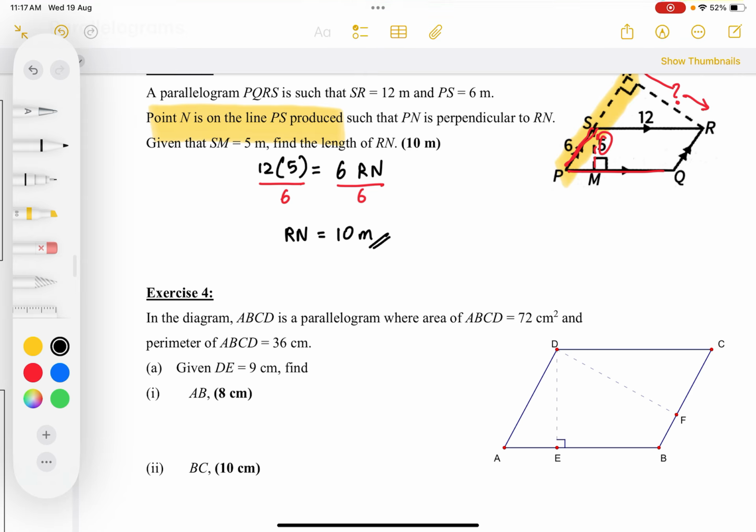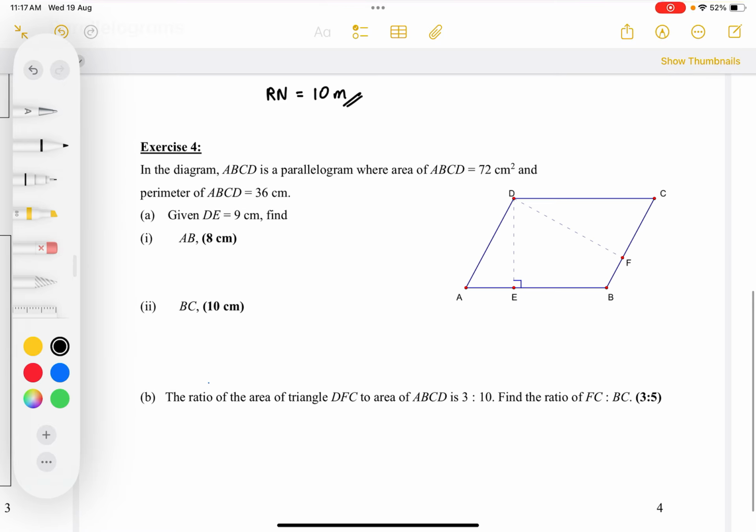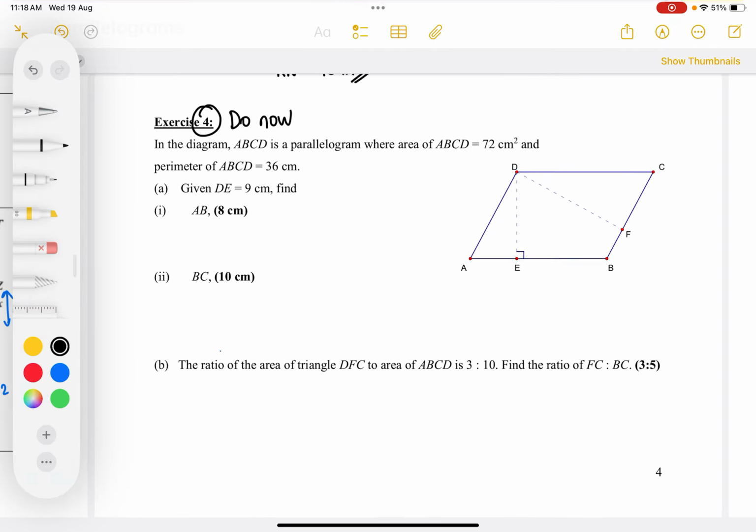So what we have just done is a skill that we have used in the previous set of notes for finding perpendicular height of a triangle. Okay, so try this exercise 4 now in class. Do now. So just pause the video here first. Okay, now that you have attempted it,